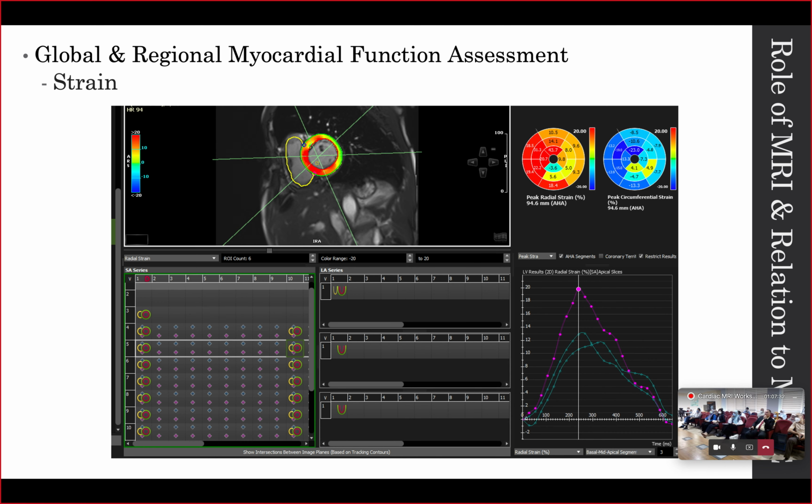MRI is used to measure the radial function, but now there are many softwares introducing the longitudinal and the circumferential functions and the strain rate in MRI, and the literature showed that the circumferential function and the longitudinal function are also correlating significantly with the main